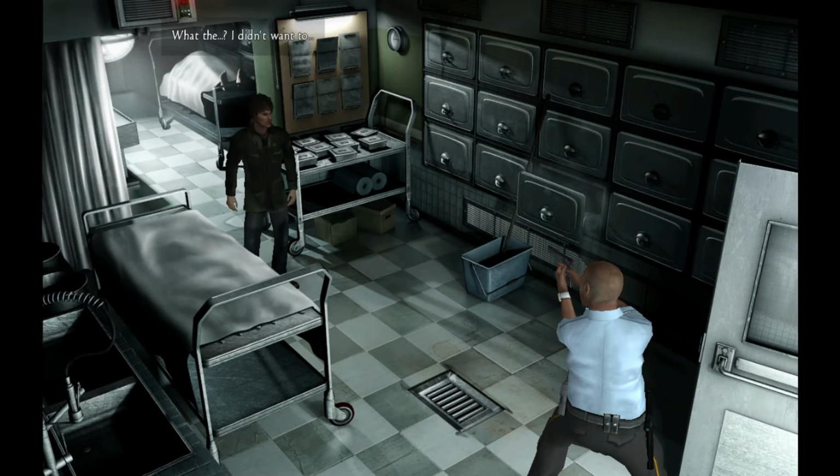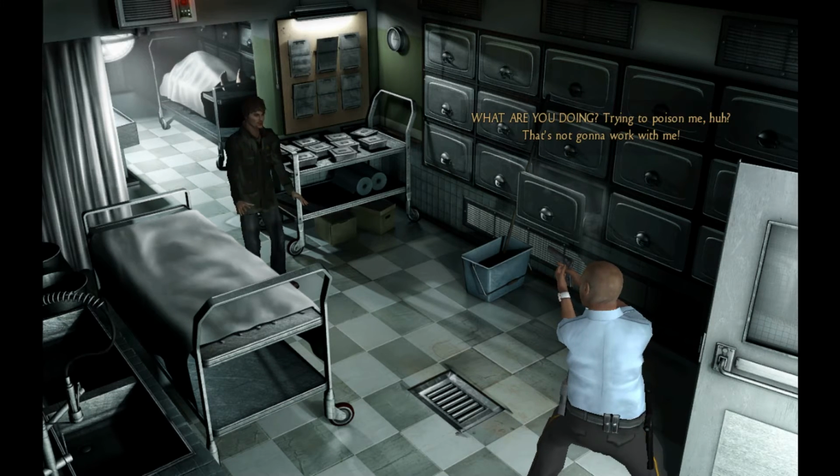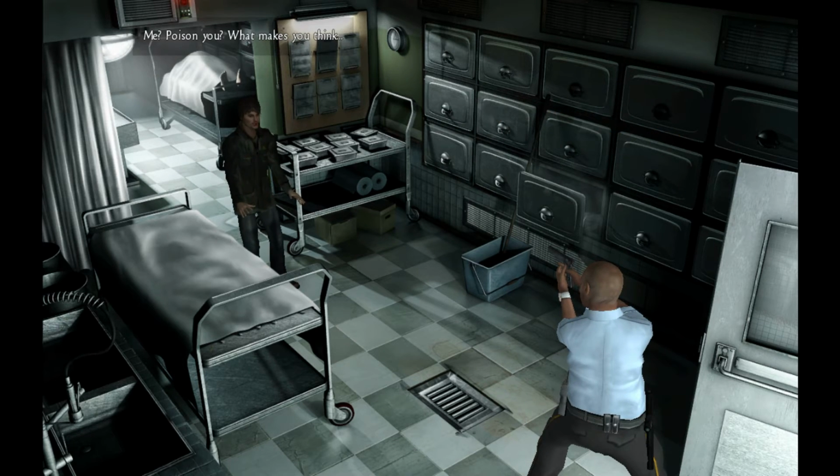Don't move! What the? Look, I didn't want to... What are you doing? Trying to poison me, huh? That ain't gonna work on me. He's paranoid. Me? Poison you? What makes you think that...